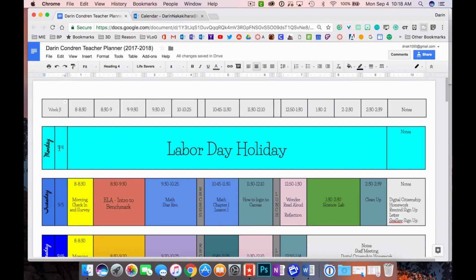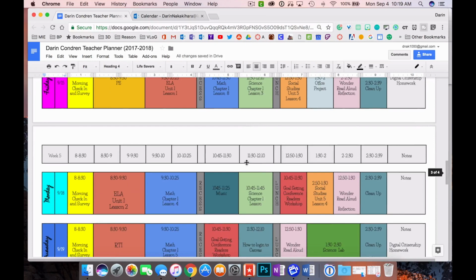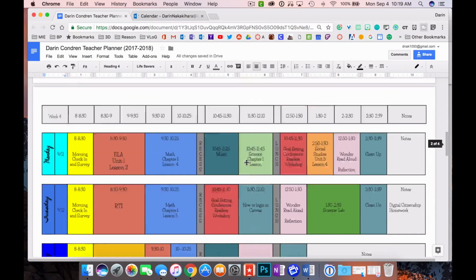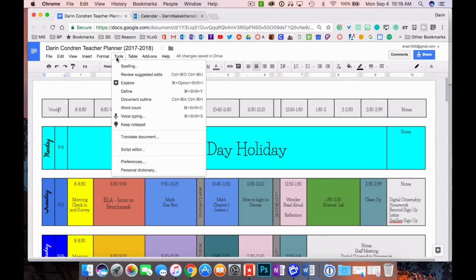Okay, so actually let's look at 9.4 right here. It's just some text, editable text. If you go up here to the menu bar, you see it says normal text. Well, over here, I changed this one to heading 4. And the reason that I did that is because as this thing gets longer with more weeks, see week 5 here, you could just go up here to Tools and then go to Document Outline, and